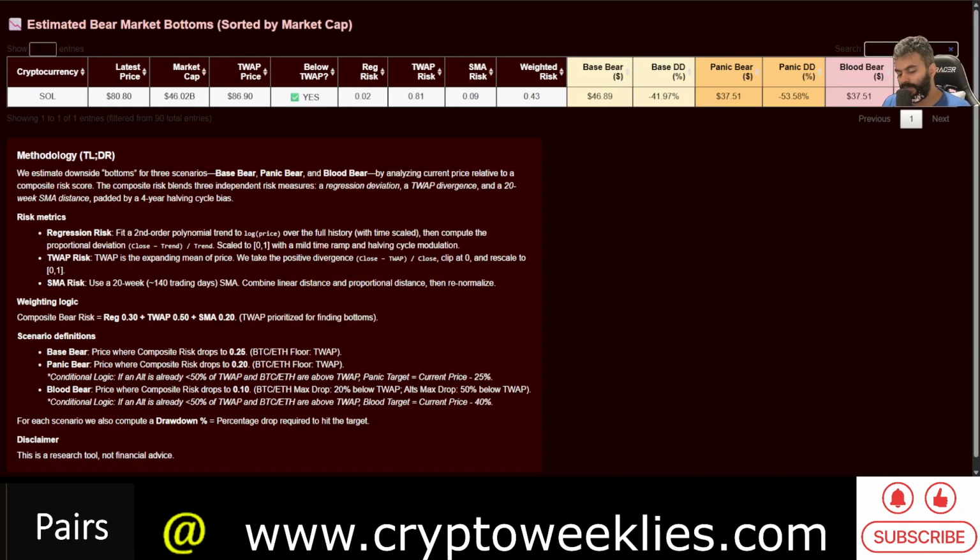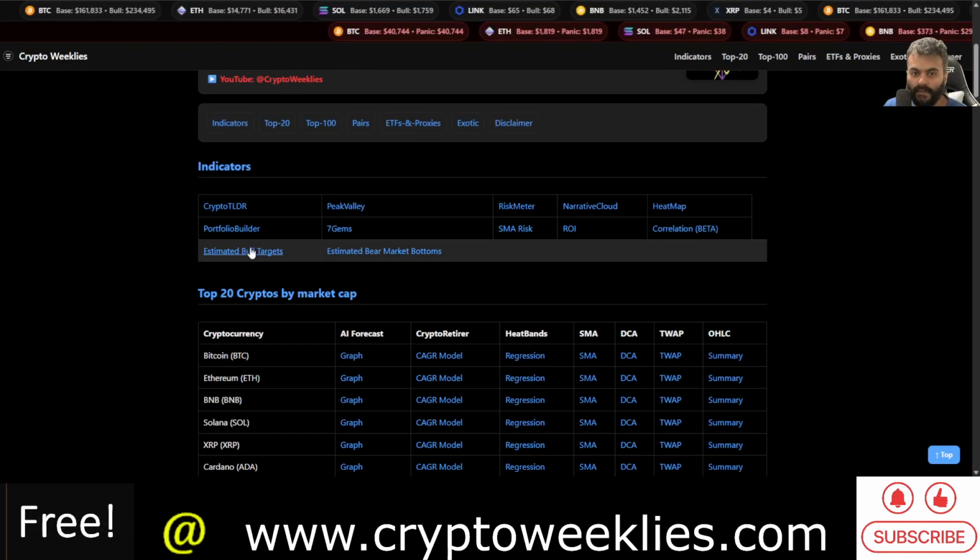Starting with the Solana bear market, the estimated bear market bottom is, what's the worst case scenario the price action could go to in 2026? That's at around $47 again, which is kind of in line with that secondary zone of confluence for Sol. Now that we are coming close to 2 months completion of the bear market, the base drawdown over here is at around $47. The worst case scenario is at around $37 for Sol. That's roughly speaking between 42% to 50% down in 2026.